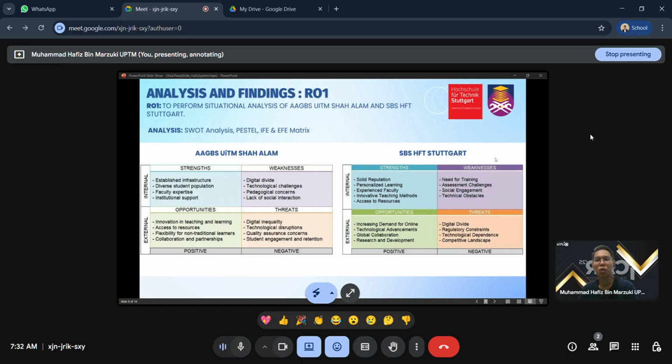Okay, based on this SWOT analysis, as you can see, both of the institutions have good strengths. However, they also have weaknesses. And there are opportunities and also threats for both institutions, AAGBS UiTM Shah Alam and also SBS